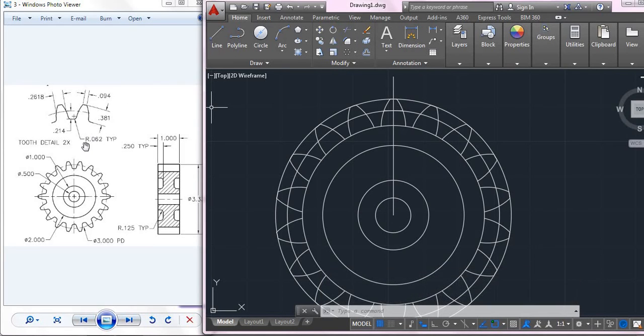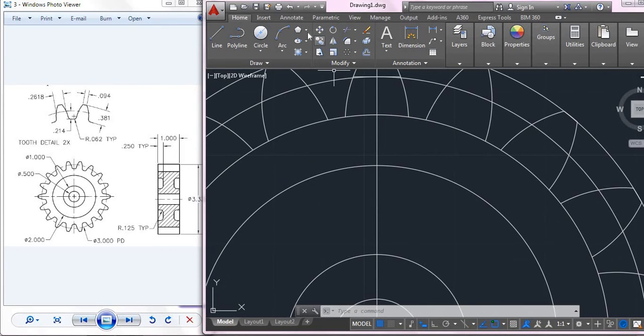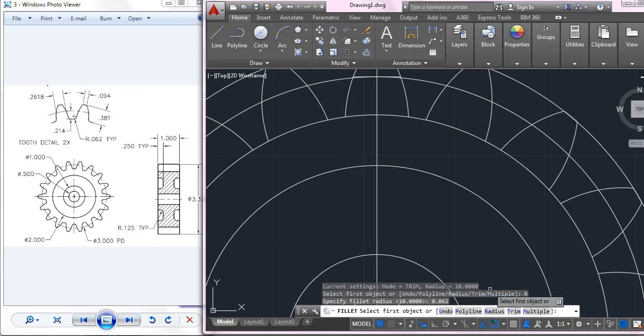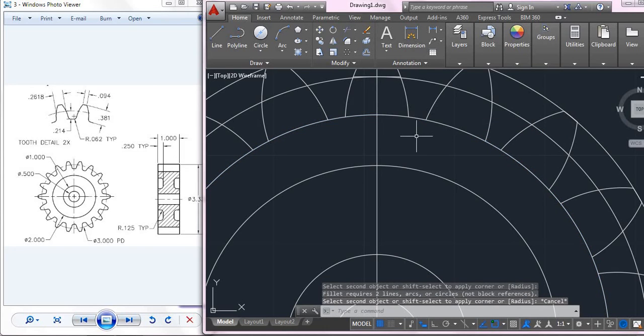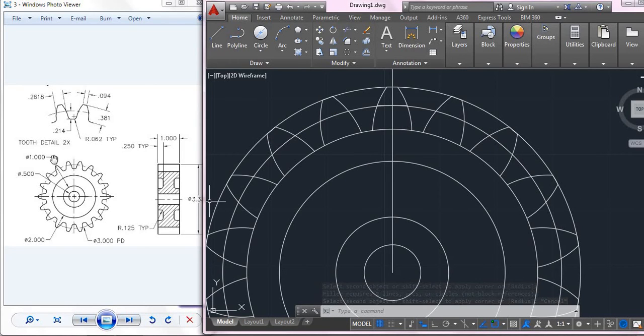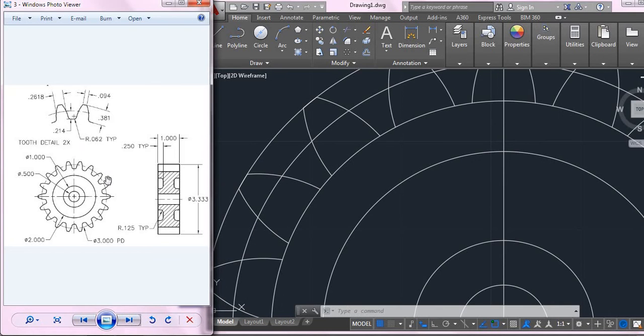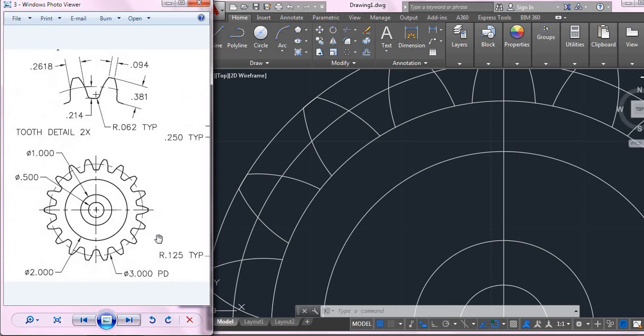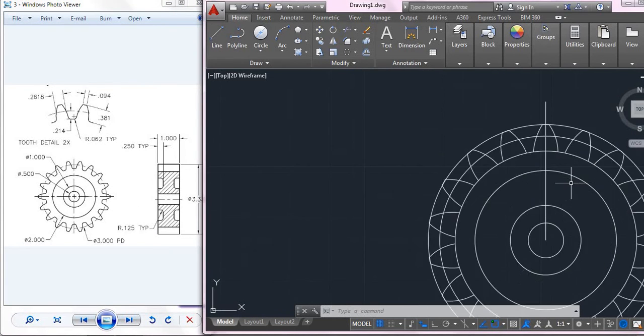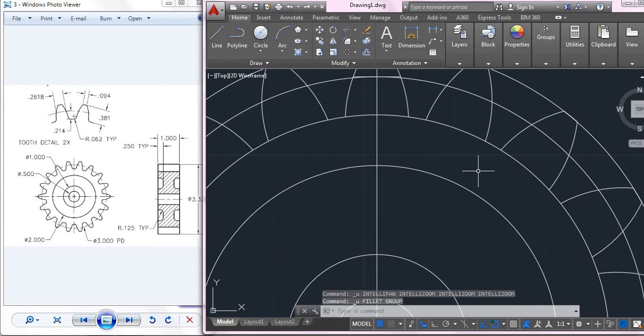And also we have a fillet radius. It is given as R0.062. In order to specify this, you should go for fillet and take the fillet radius as 0.062, enter, and select these two lines. But what we do is, before going to array, let me fillet all the edges, or else your drawing will take more time. That is, you should specify fillet for all the edges. So what I will do is undo the array, with the help of Ctrl Z.